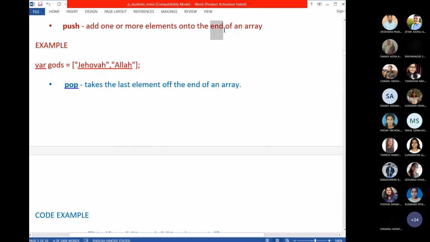Here, end is also very important. It will not add in the beginning of the array. It will add in the end of the array. Okay. Now,